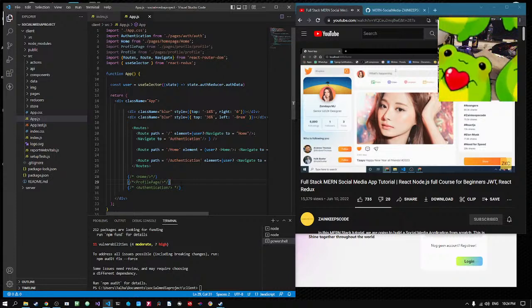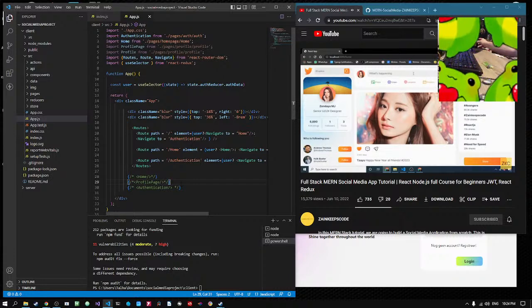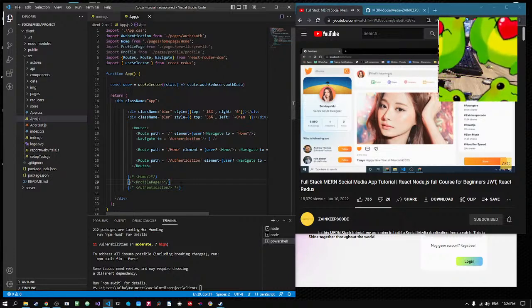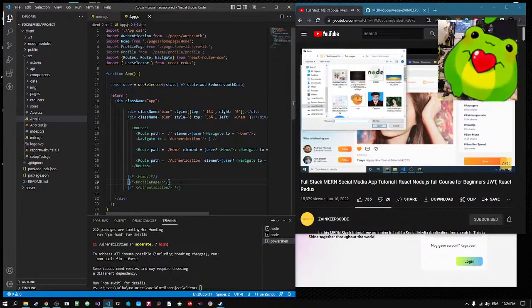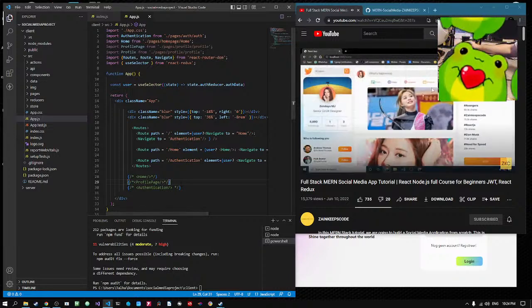It's time to implement our share component logic because I want when a user is logged in and he or she tries to share some kind of photo like this and press the